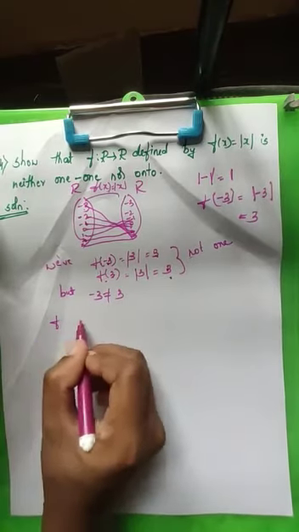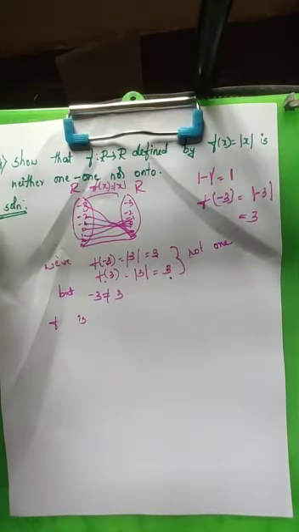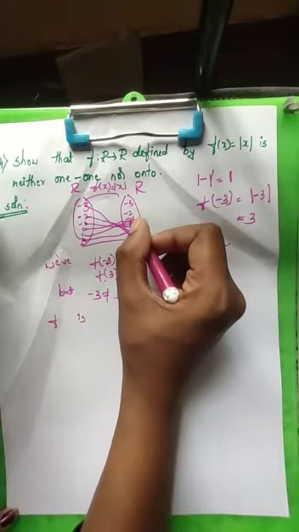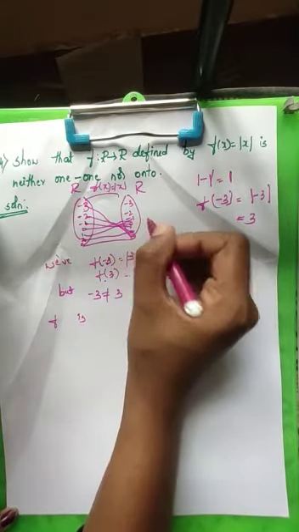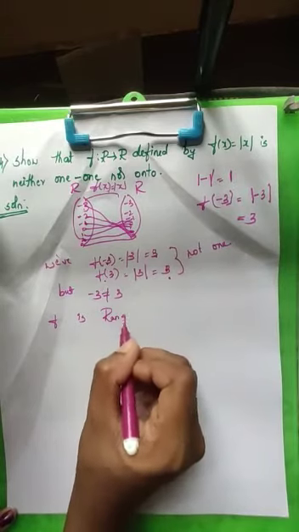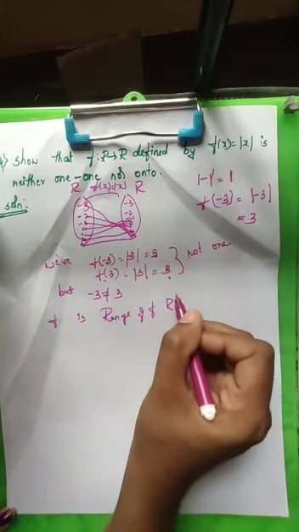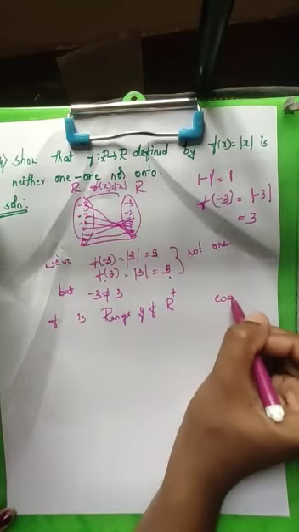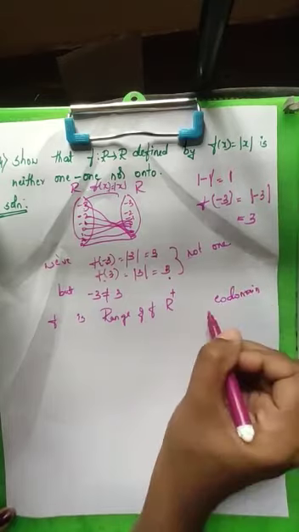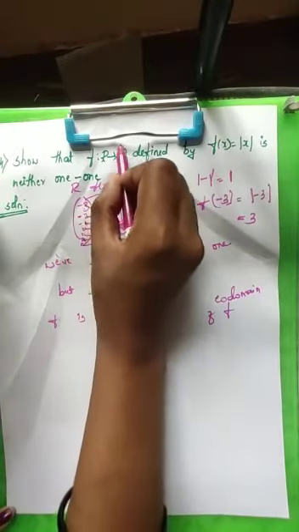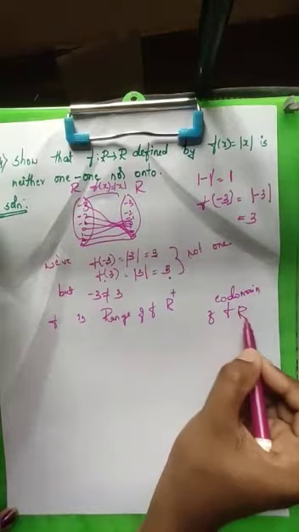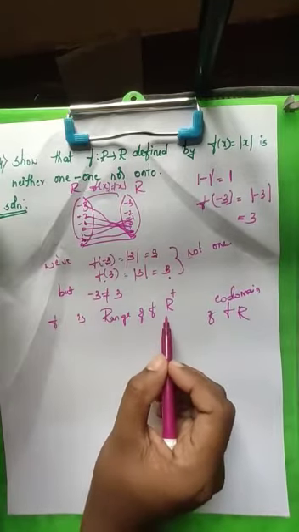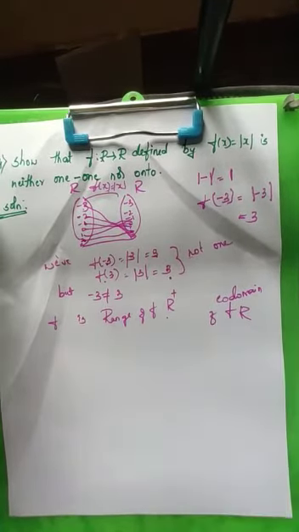Now why is it not onto? F is not onto. Why is it not onto? What is the range? As I said, you can see only the positive numbers as the range, correct? So the range of this particular function is positive real numbers. I'll represent positive real numbers as R plus. But what is the codomain? Codomain of f is, f from R to R, the entire set of real numbers. So which is the bigger set? Are positive real numbers and real numbers equal? No, positive real numbers are a part of the real numbers. Real numbers contain both positive and negative numbers.